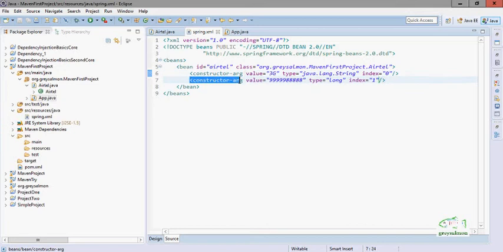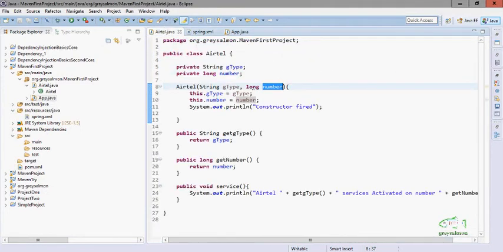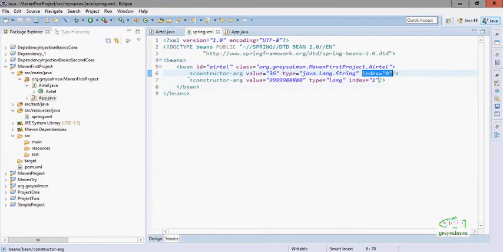But if we are not maintaining the order of this constructor arg, then we have to provide this index here like this. This is index 0 and this is index 1. So we have specified that this value should be assigned at index 0 and this value should be assigned at index 1, and this string type value should be converted to long, and this string type value should be converted to type string.